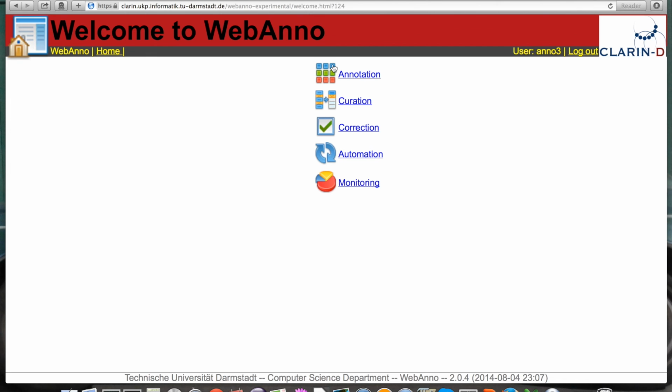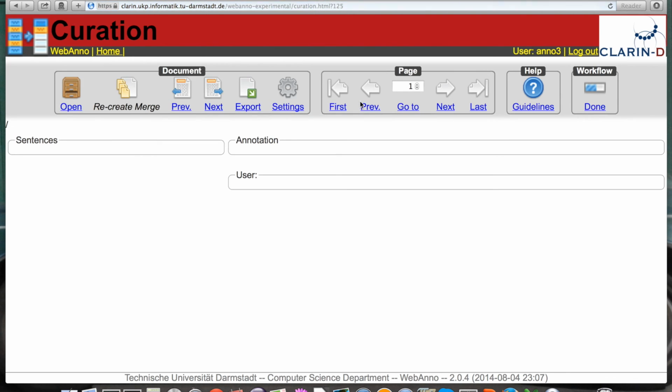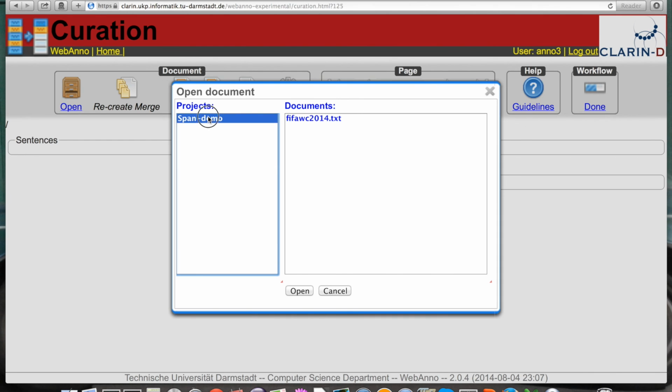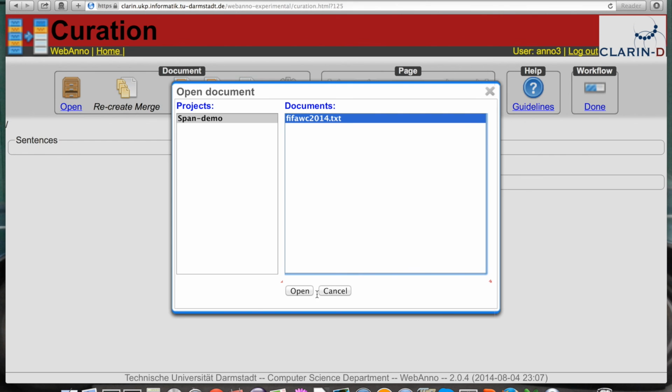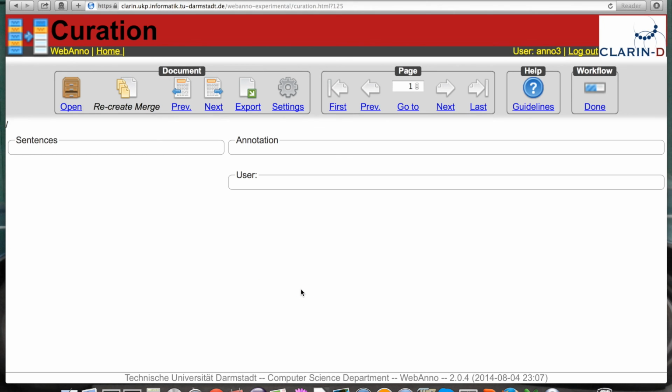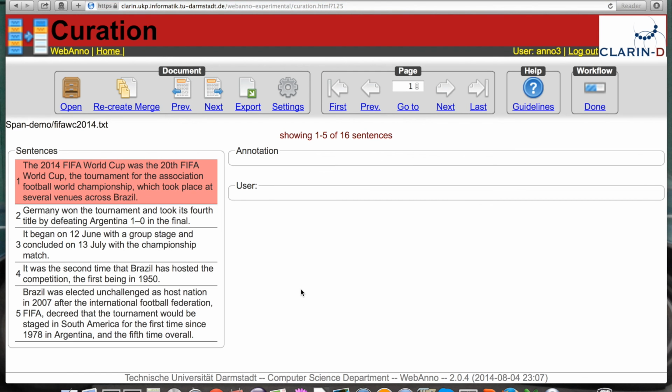While we annotated the named entities, some other user had done the same. So when choosing the curation interface, we can merge the annotations to produce a final annotated document. So we first choose curation. Then we choose the span demo, and we open the file FIFA. So what we see here is first all the sentences, and the ones marked in red are those where the users disagreed. So when we click on one of the sentences where they disagreed,